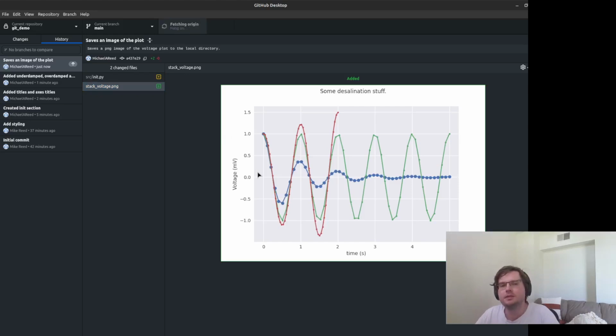So that's okay in this particular instance because this file is not a particularly big file, it doesn't take up a lot of space, but maybe this file that I'm generating is actually a huge file. Maybe it's like a 3D file, maybe it's like a point cloud thing, a huge CSV, whatever it is. But the point is that this image is very easily generated by the code. It's not something that I've written. It's something that can get remade every time someone uses the code. So it's not something that needs to be saved inside the Git repository.